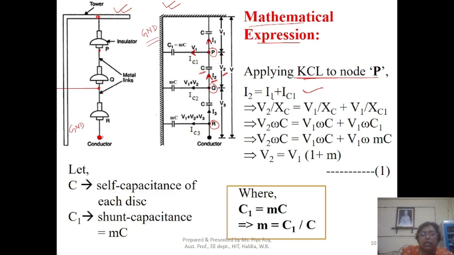So putting this one, similarly for I1 and IC1 we have this expression: V1 divided by XC plus V1 divided by XC1. Okay, so why is this V1? Look, I1 current is here, and its corresponding voltage is this V1. Similarly for IC1, current is here and its corresponding voltage, remember this P point and this tower part,